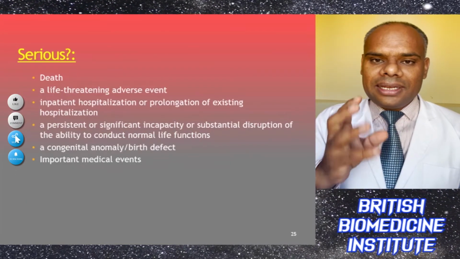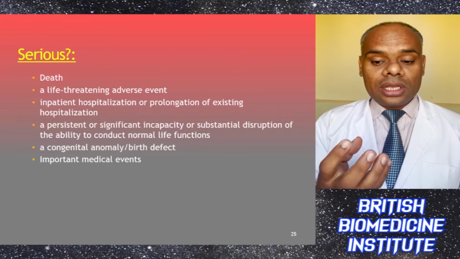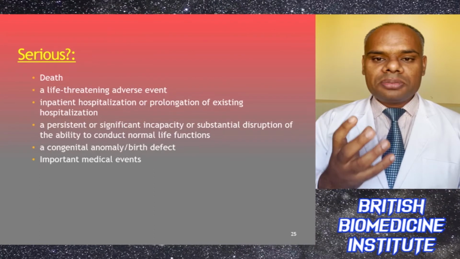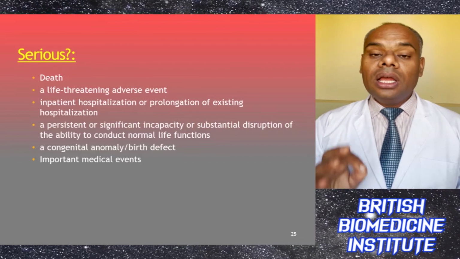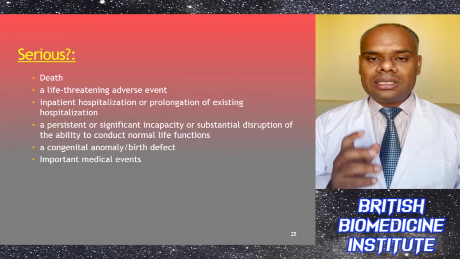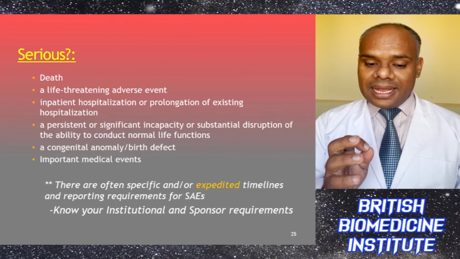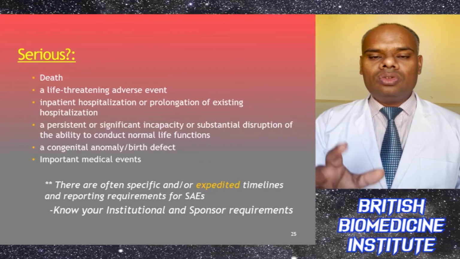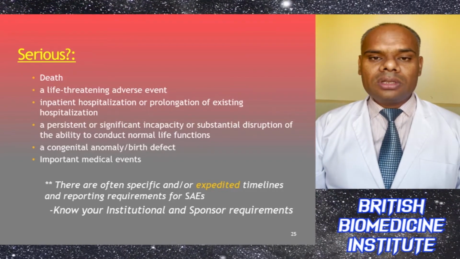Serious can be a death, a life-threatening adverse event, inpatient hospitalization or prolongation of existing hospitalization, a persistent or significant incapacity or substantial disruption of the ability to conduct normal life functions. It can be a congenital anomaly or a birth defect, and important medical conditions can also be there. There are often specific expedited timelines and reporting requirements for SAEs, and you can get more information from your sponsor or your institution if you want more information related to